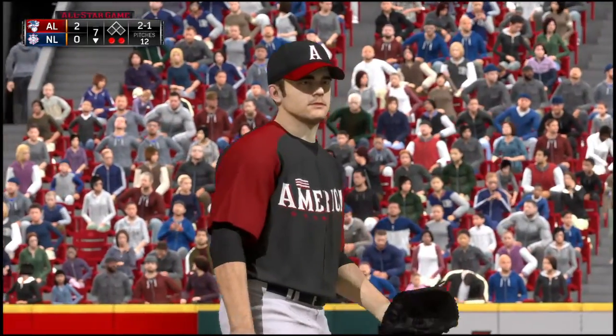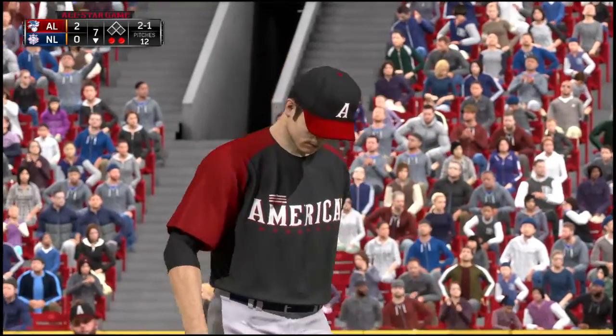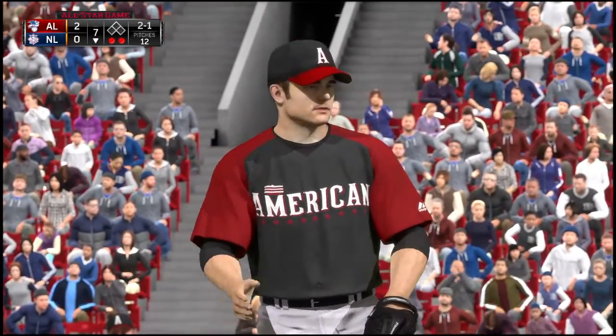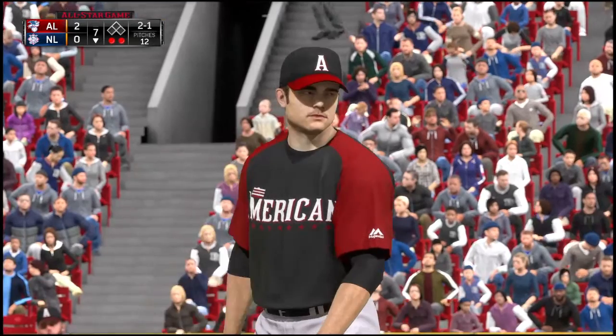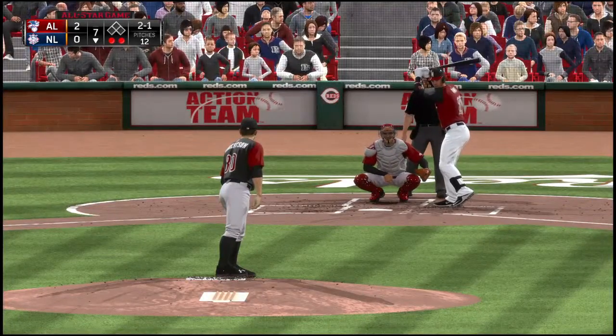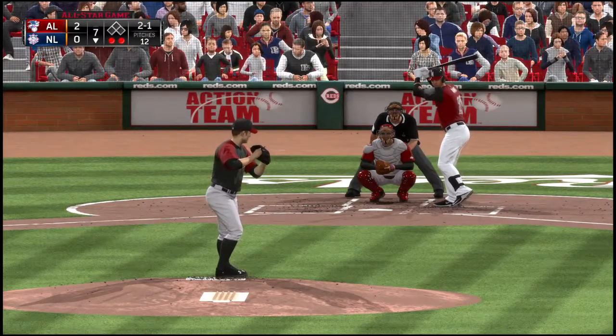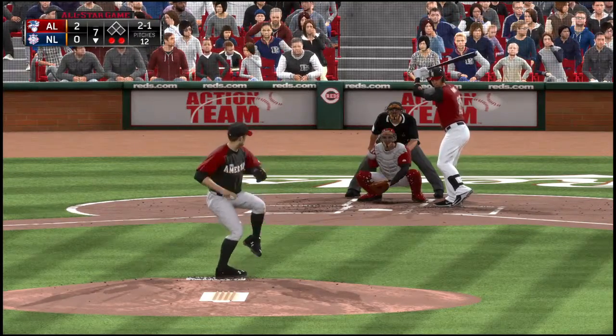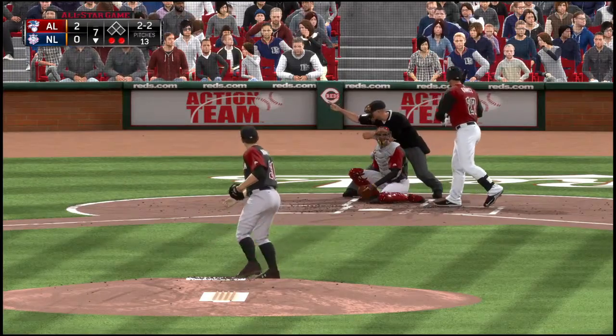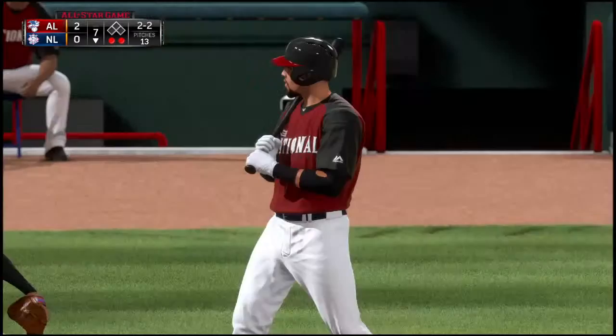Called a strike on the inside part of the plate. 2-1. Now the 2-1. And he fires a fastball now for a called strike two.